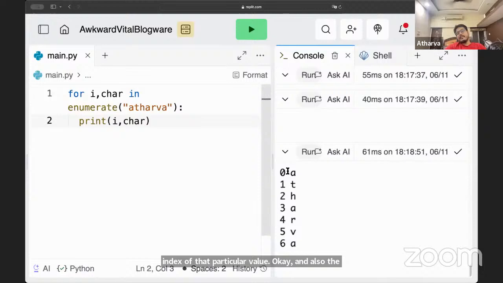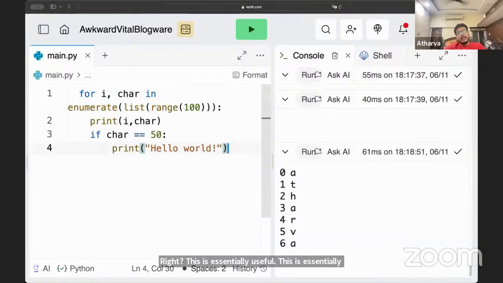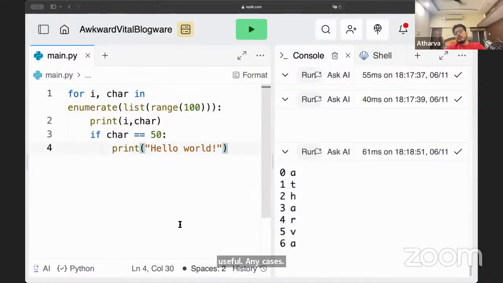So you can see it 0, 1, 2, 3, 4, 5. Right? This is essentially useful in cases if we want to check something at a particular index.